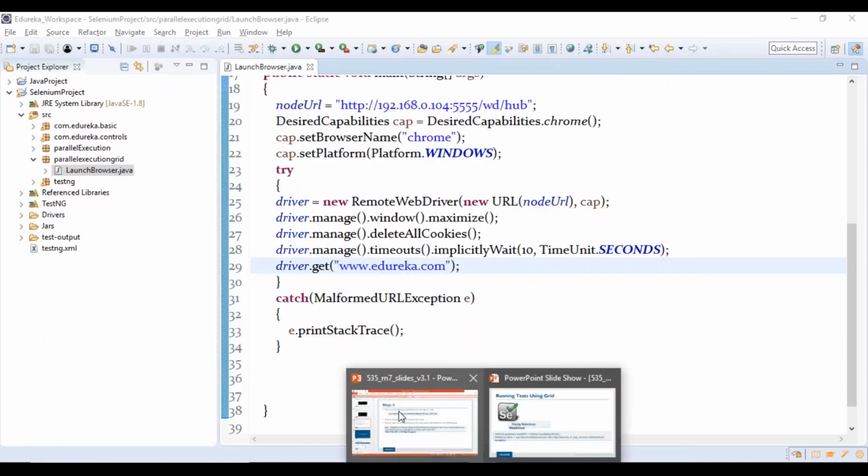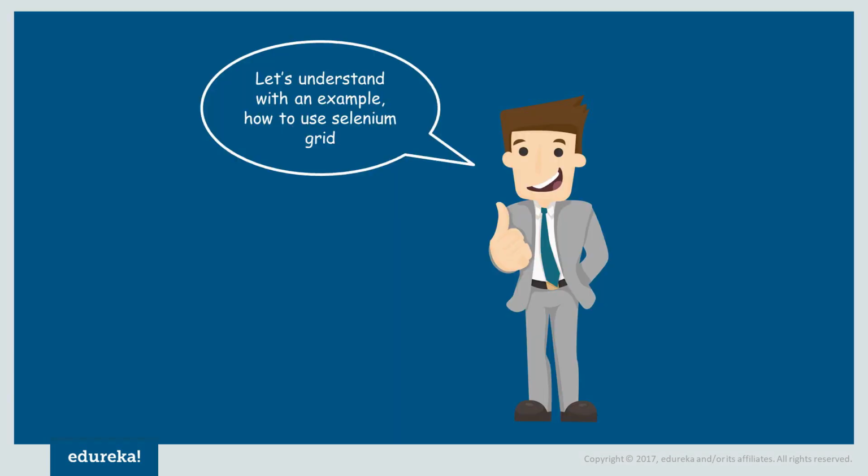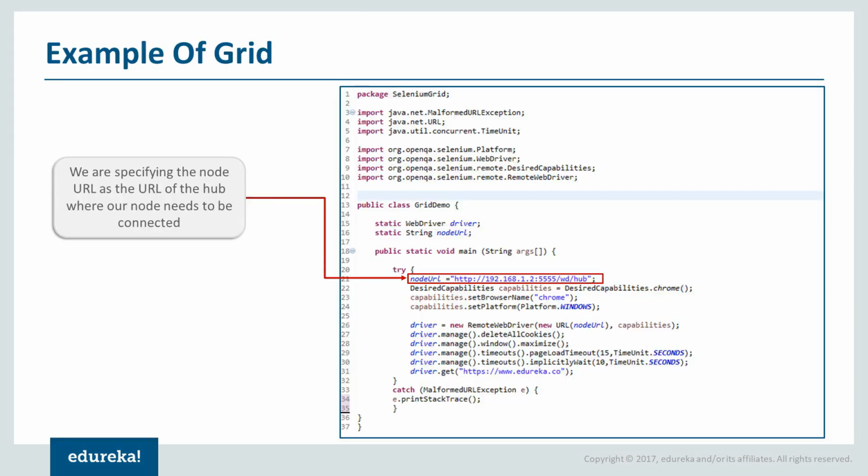So here let us check what we have done. We have set the desired capabilities. Here it is Firefox, you can take whichever you want. So here is an example. We are going to set the node URL, we are going to set the capabilities which are required by our machine in order to work with it, and then we are going to launch the driver based on the URL, right? And then we delete cookies, we maximize it, we go with the implicit wait, and then we navigate to the URL. So this is what you are going to perform, right?